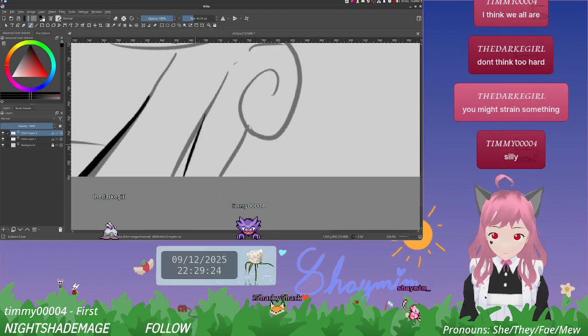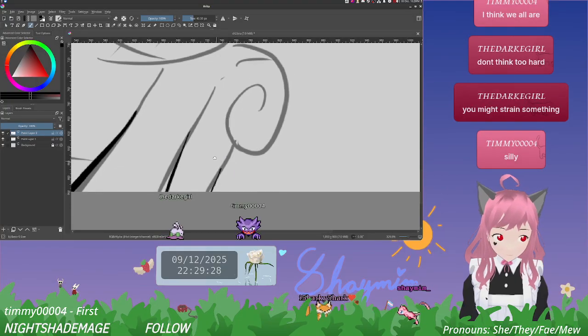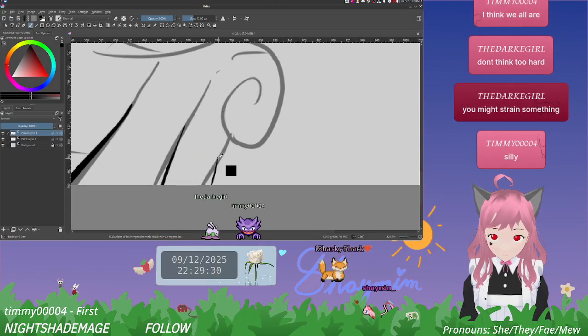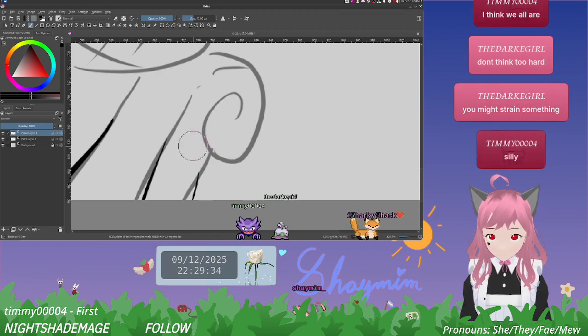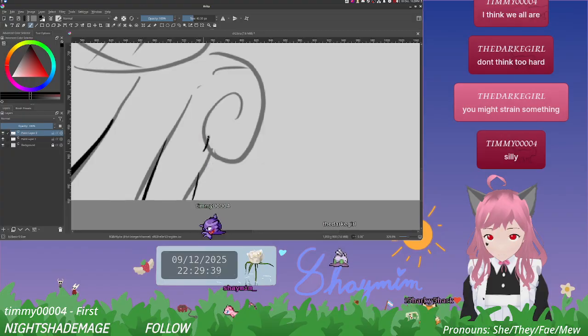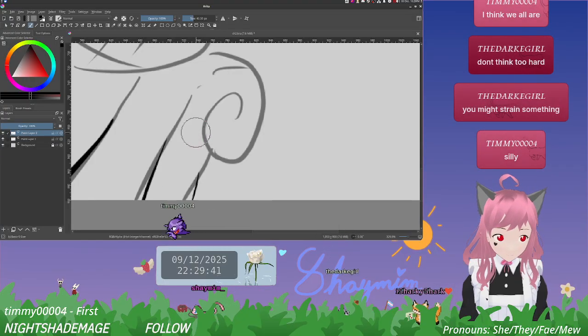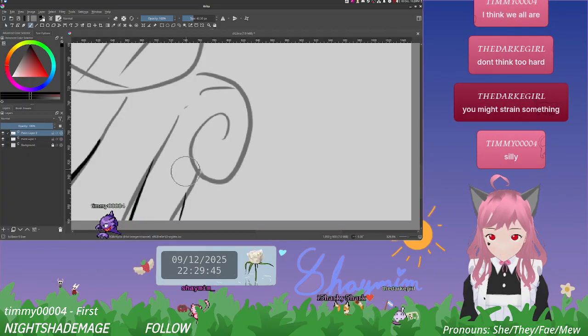Maybe not so much of a curve. And then this part here. It actually goes horizontal up there.